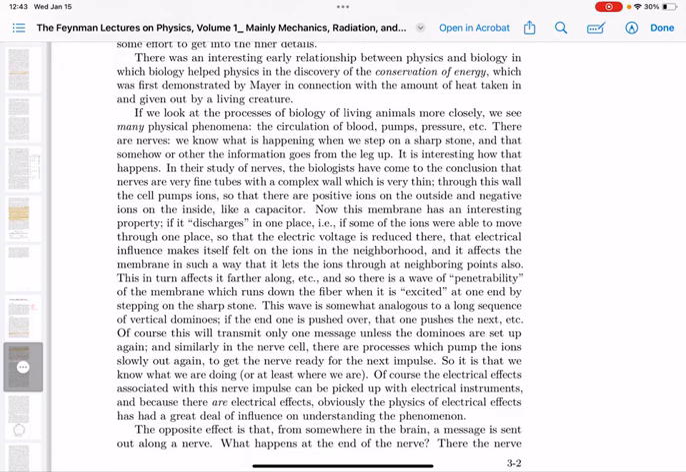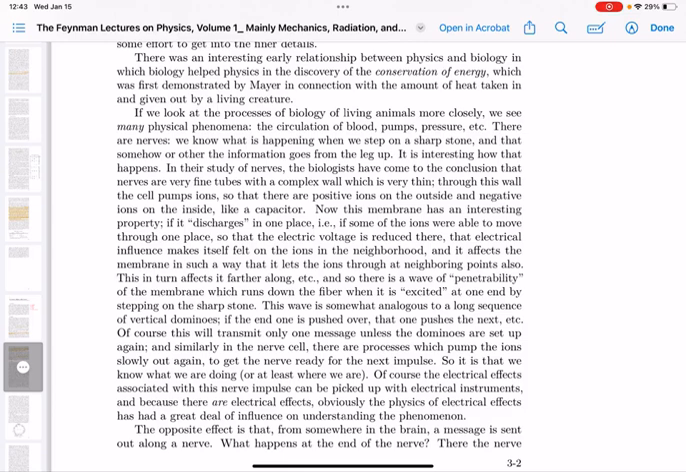If we look at the processes of biology of living animals more closely, we see many physical phenomena. The circulation of blood, pumps, pressure, etc. There are nerves. We know what is happening when we step on a sharp stone, and that somehow or other the information goes from the leg up. It is interesting how that happens. In their study of nerves, the biologists have come to the conclusion that nerves are very fine tubes with a complex wall which is very thin. Through this wall, the cell pumps ions so that there are positive ions on the outside and negative ions on the inside, like a